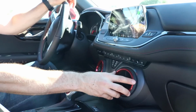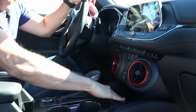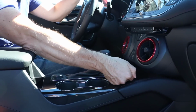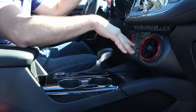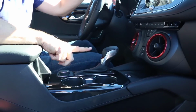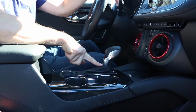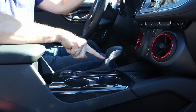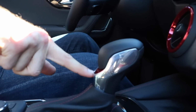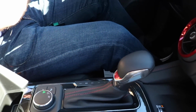You have a very, very simple blower motor setup with LEDs. You have wireless charging for your phone. Remember, this has obviously Apple CarPlay, Android Auto. Here's what's controlling that 9-speed automatic transmission. I really like the materials. The leather boot, the red contrast stitching, even a red RS logo. It's just little things like that that I like to see manufacturers doing, because if you're gonna spend the money